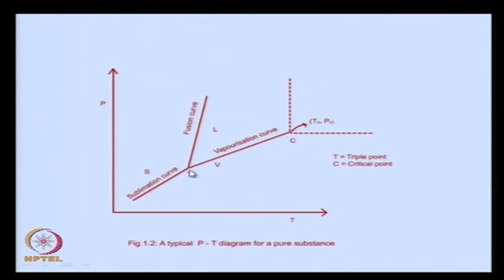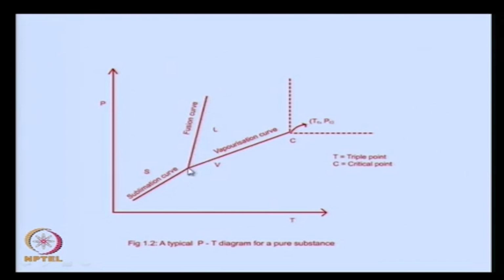So on this line you expect the conversion from the solid phase to the vapor phase or the gaseous phase. This is the fusion curve, which is the demarcating line between the solid phase and the liquid phase of one pure substance,